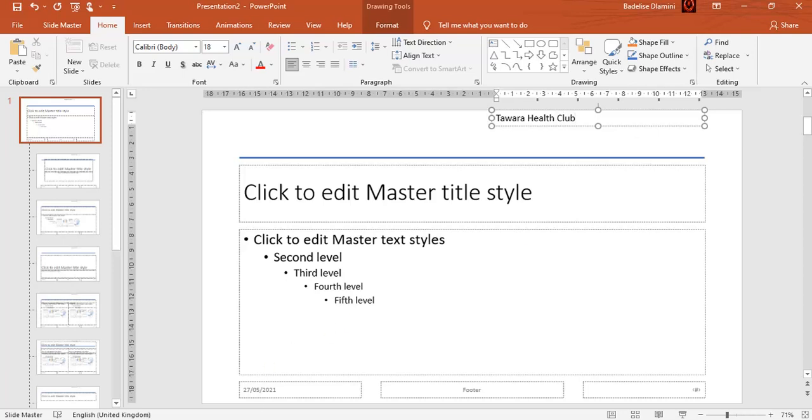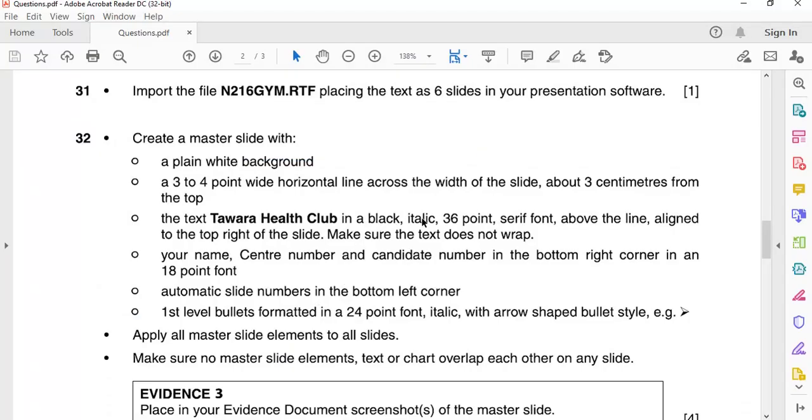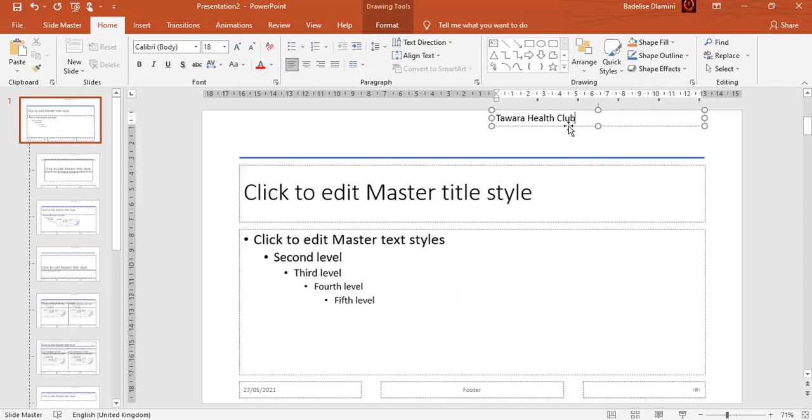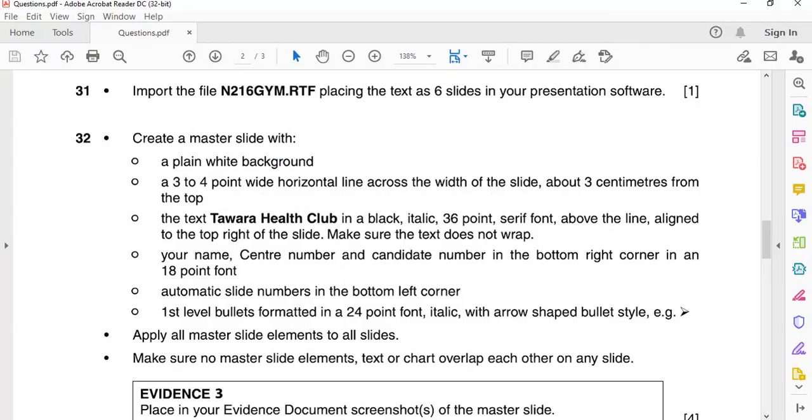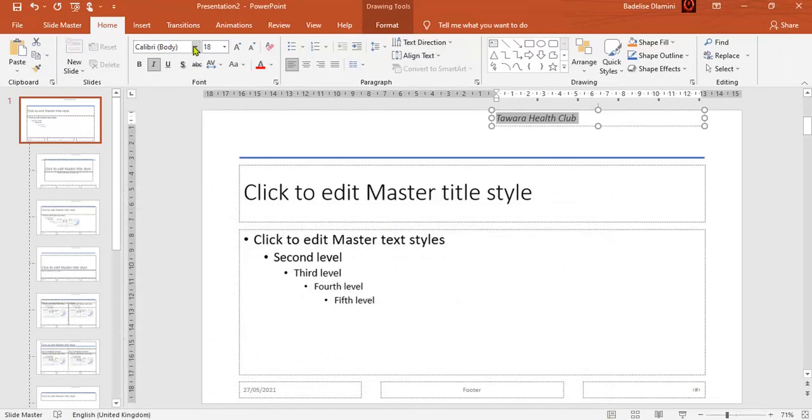Okay, and it should be black italic 36 point. So it's already black. Let's make it italic. Okay, first highlight the text. It should be italic, and the serif font, they say serif or sans serif. It should be a serif font, so it's Times New Roman,